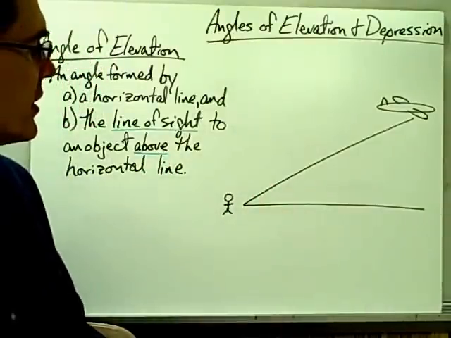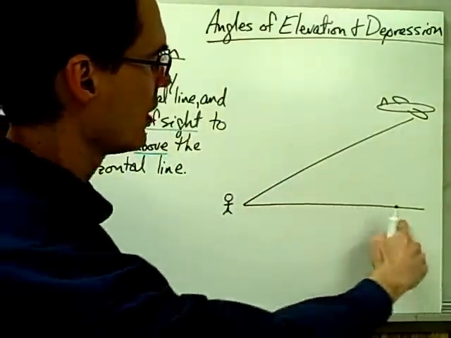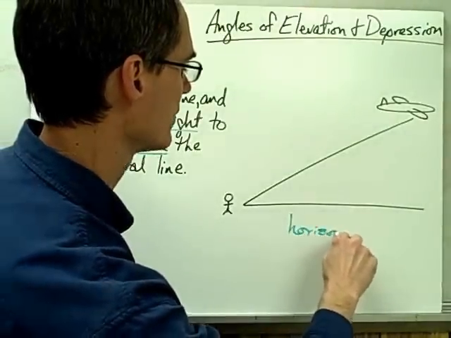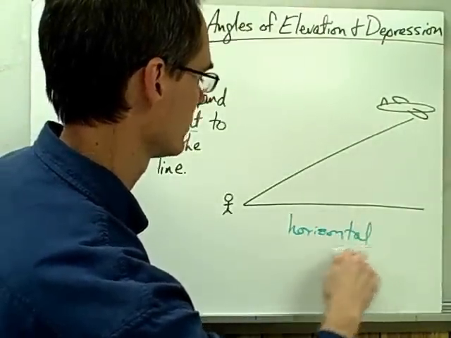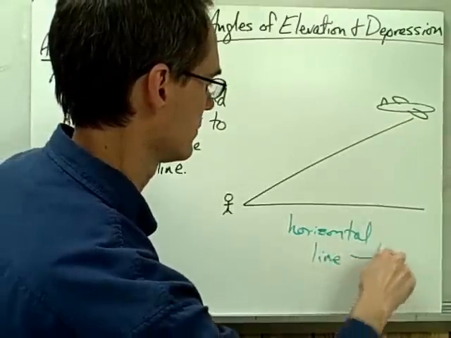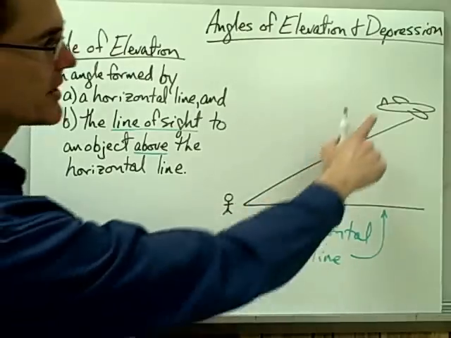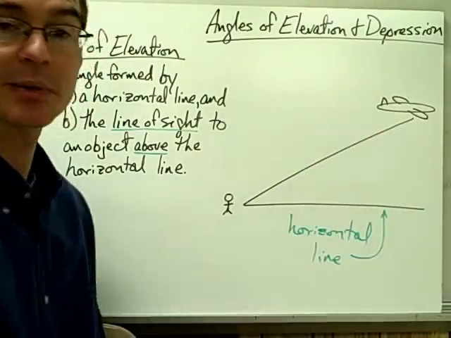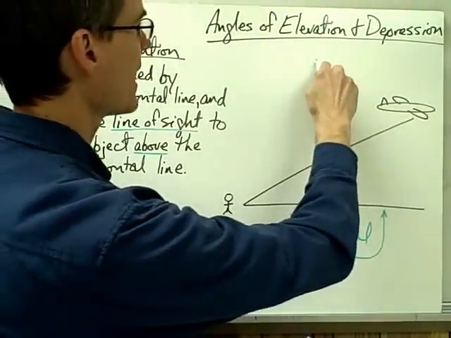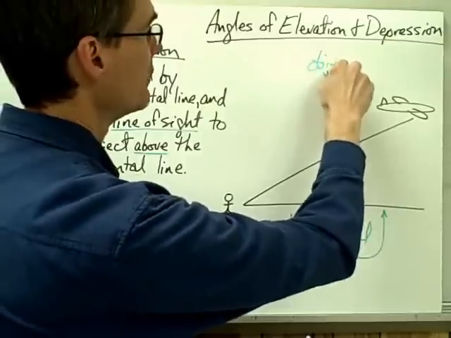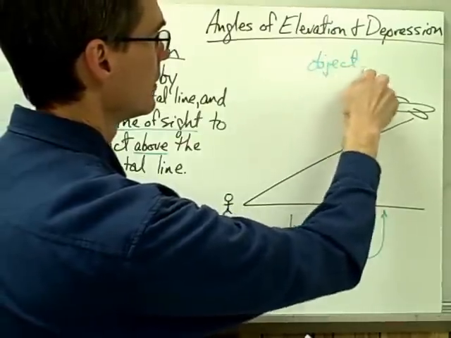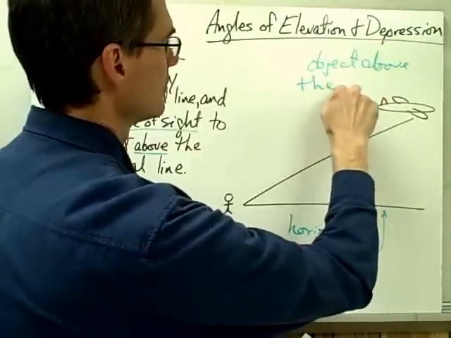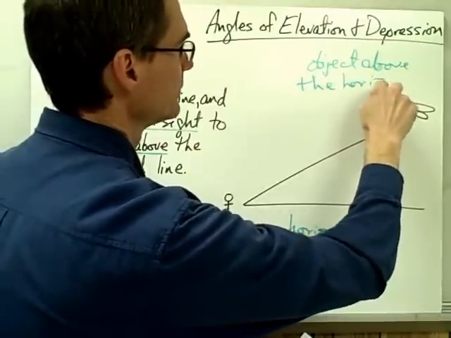So take a look at this picture here. Here we have a horizontal line. This is my horizontal line down here. It kind of represents the ground. And you can see I have an object here above my horizontal line. Up above the ground is this plane. So this is my object above the horizontal line,